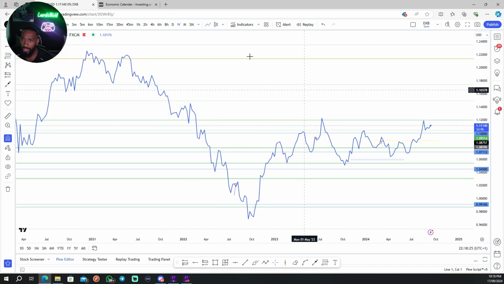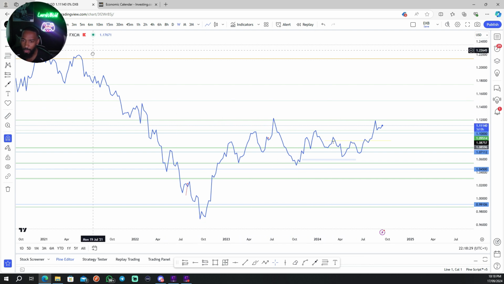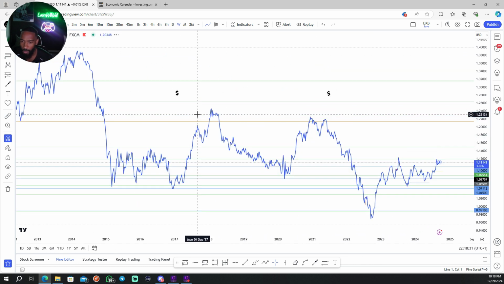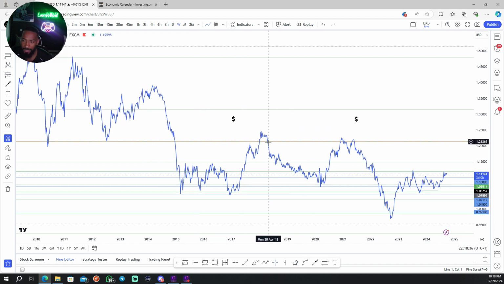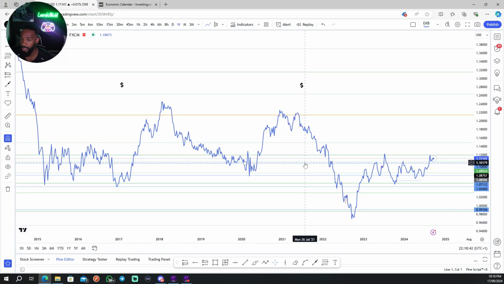But when we look at this on the line graph, one thing that I want you guys to understand here is we have got a lot of liquidity above. And what I tell you guys from an educational point of view is that you need to follow the money. If there's more liquidity above than below, price will always push up. If there's more liquidity below than there is above, price will always push down.